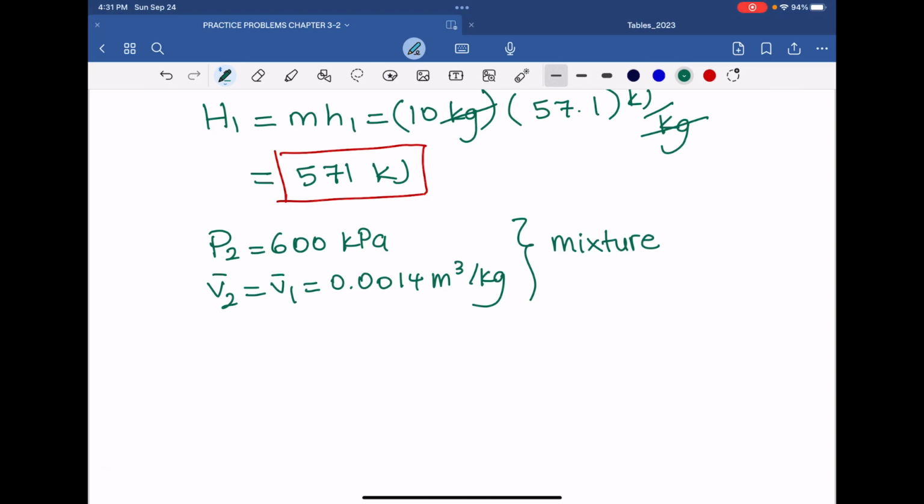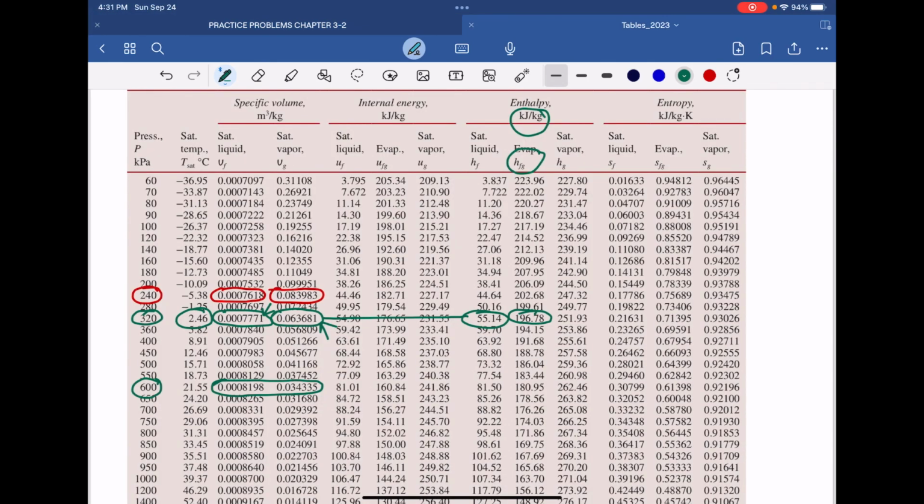T2 is equal to T saturation at 600, because at that pressure, if there's a phase change, you need to be at that temperature, right? So at 600 kilopascal, the temperature has to be